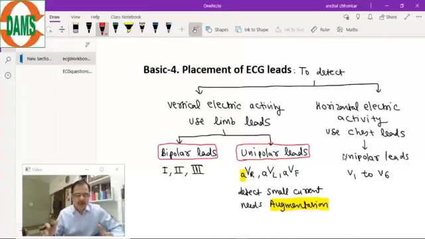and depending upon which limb the exploring electrode is put, they are given different names. R, L, F. R is right upper limb, L is left upper limb, and F is left lower leg, left foot will be used. And because they are far away from the heart,